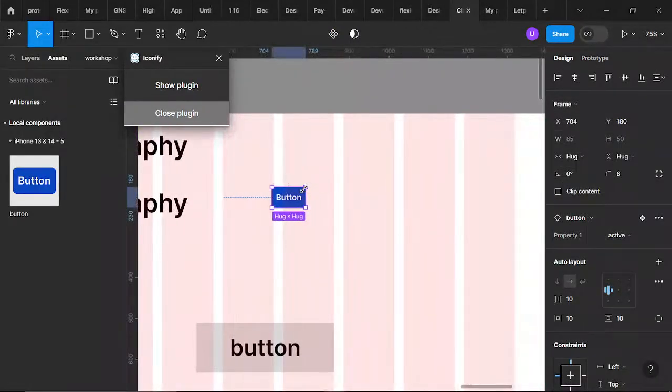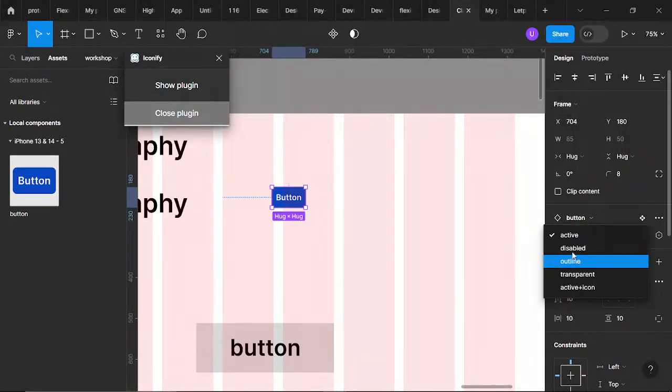Maybe we want to use another variant of it. We have disabled, we have transparent. If you want to use disabled, you can just come here, you can see a drop down, you will see all the properties. So I have disabled, I have outline, I have transparent, I have active icon. I can just pick anyone. So let me choose this disabled first.